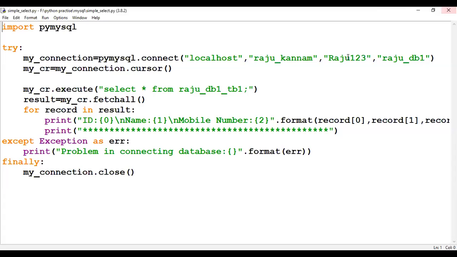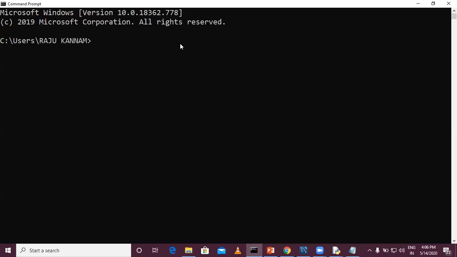So the package which we need to download for this table object is pip install. We know already the command is pip install and mention the package name.